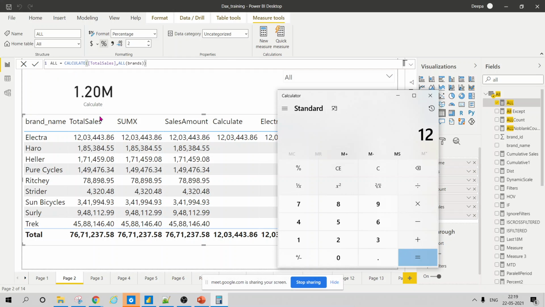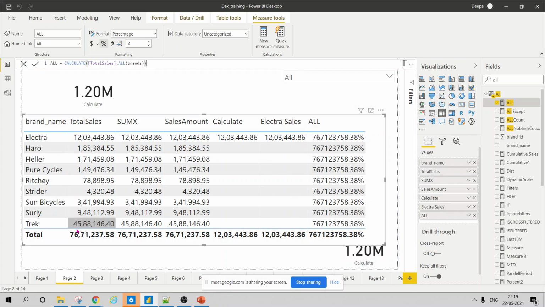Yes. Like you want to see that 1203 443 divided by 7671 2377. So ideally somewhere around 15.6 percentage is the sales value out of the total one. Right. So now if I want to calculate the percentage of sales,